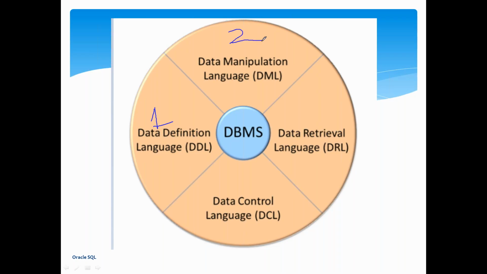Second is data manipulation language, DML. DDL is purely structure related. We create the structure, modify the structure, delete the structure, and alter it. What type of data it will keep, what data type it will contain, what the length of that column is, what the column names are, the sequence of those columns, and the table name: these are called structure. Structure-related things can only be done using DDL statements.